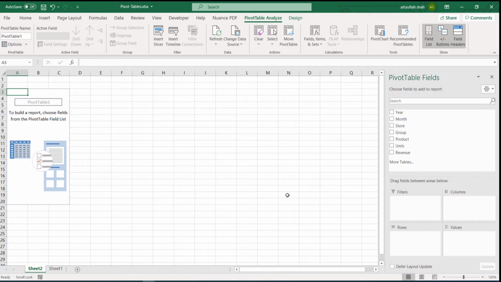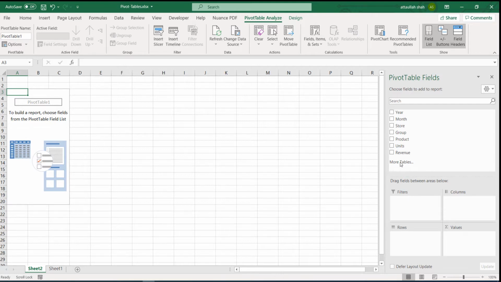So you should always ask yourself, what are the numeric values that we want to put into the report? In this case, the numeric values are revenues. So we want to put revenues into the report.